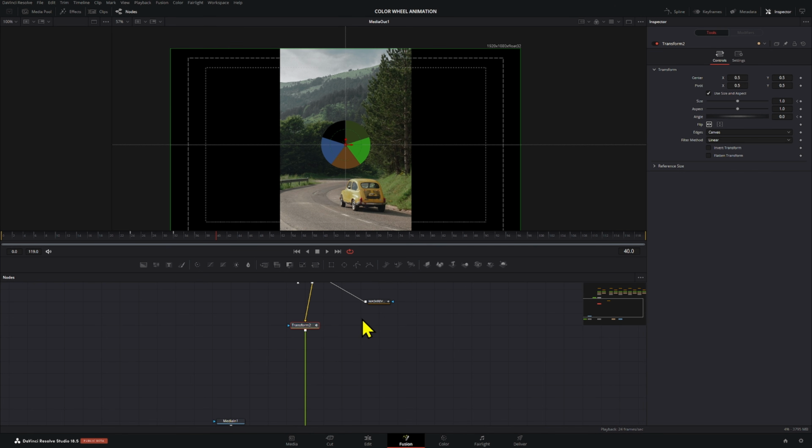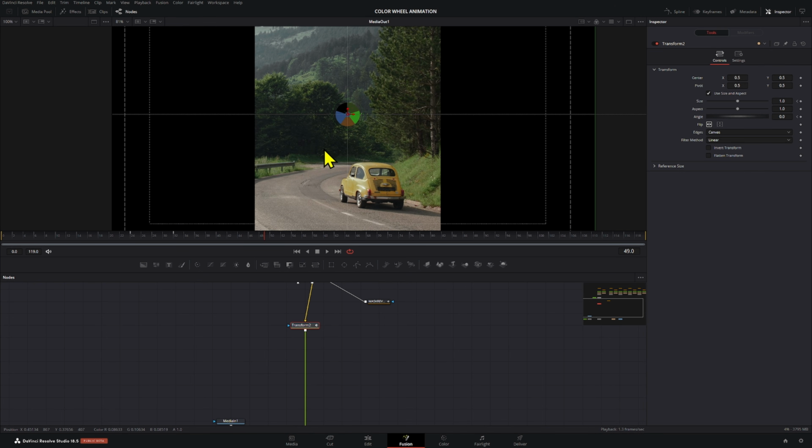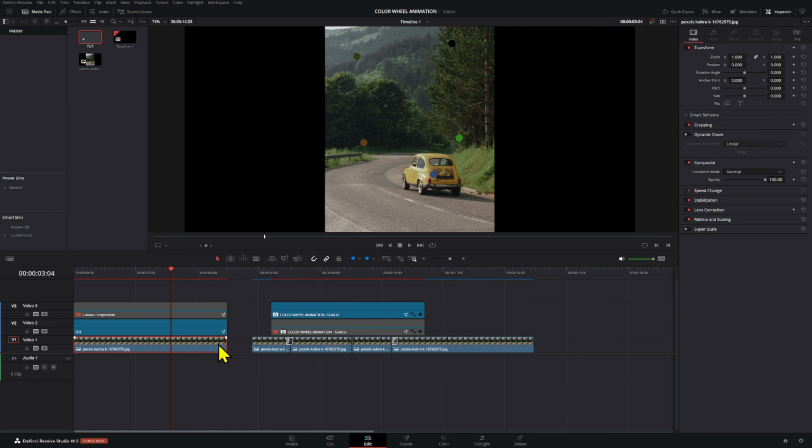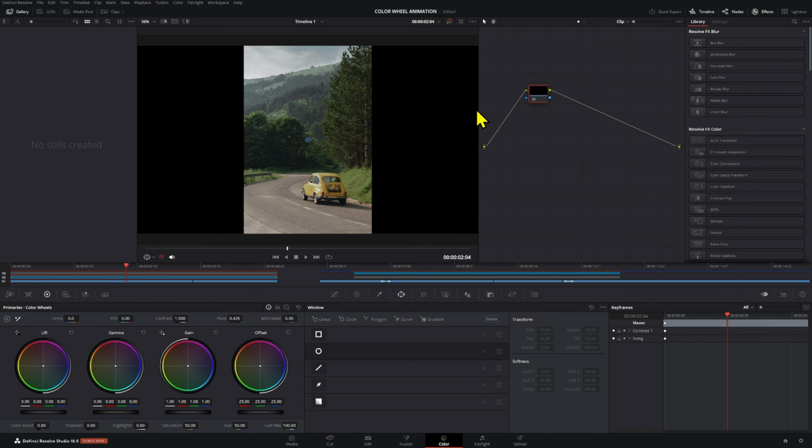All you have to do now in your actual edit page would be to make the edits on the actual image right here, right? So let's say we want the circles to disappear right here, so we're gonna go a little bit like that, find that right before the bubbles go into position. And then let's say we're gonna go to our first one. We're gonna go to the color page. And with that clip selected, make sure it's on the first layer right here. P2 is our fusion composition.